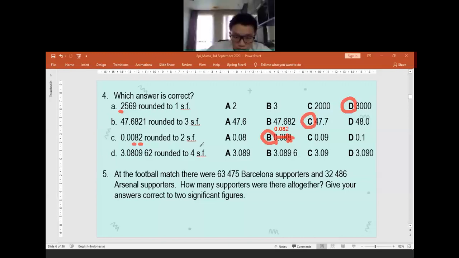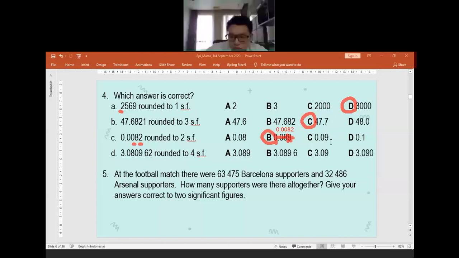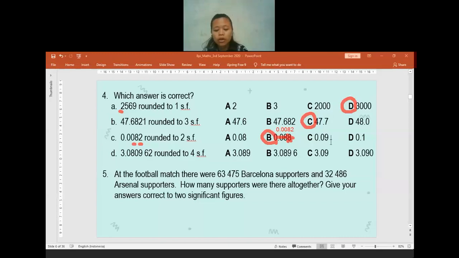Oh my God. Yeah. Sorry. Thank you, Kalista, for telling me. In here, I also still made a typo. It's supposed to be 0.0082. Thank you, Kalista. Sorry for so many typos that I made. Okay. Is there anyone else that is still confused? Maybe I still made a typo or anything. You can always tell me because I'm human too. Sometimes I do make mistakes. So please let me know if I made a typo or anything that still makes you confused.